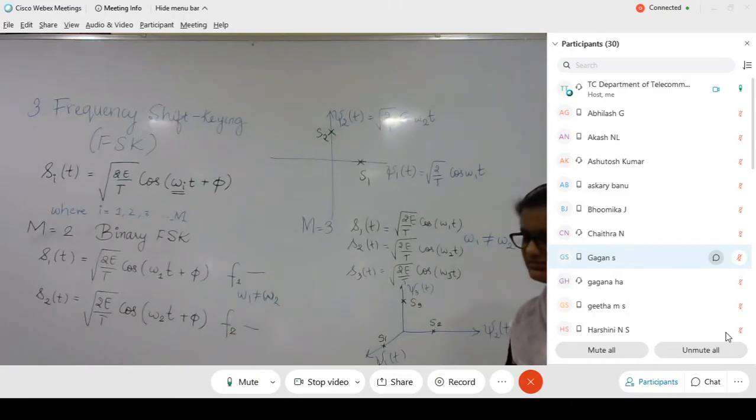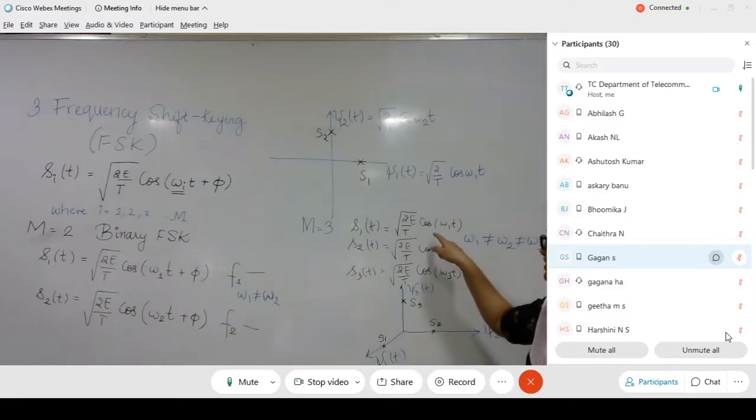for it to be transmitted, and there is another thing that we need to observe, that whenever I am going to choose omega 1, omega 2 or omega 3, I need to ensure that these omega 1 and omega 2 are not very far apart, to conserve the bandwidth, but I should also take care that these two should be orthogonal to each other, which is quite not possible in a real scenario.